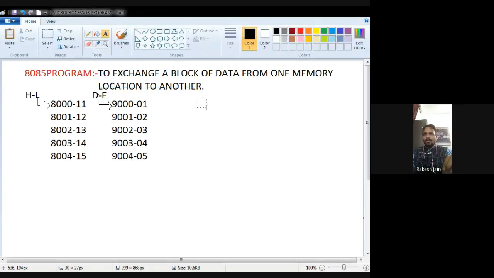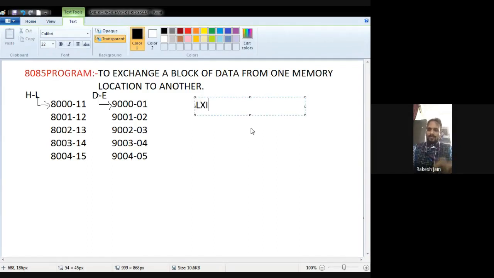So we start with LXI H, 8000, which means the HL register pair points out the memory location starting from 8000, and LXI D, 9000 means the D register pair points out the memory location from 9000.